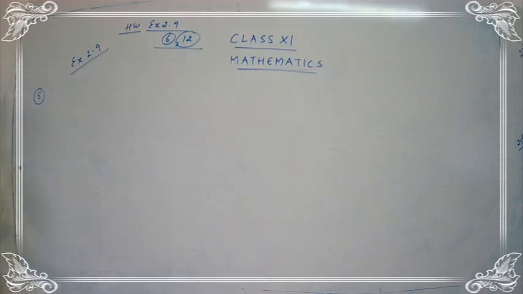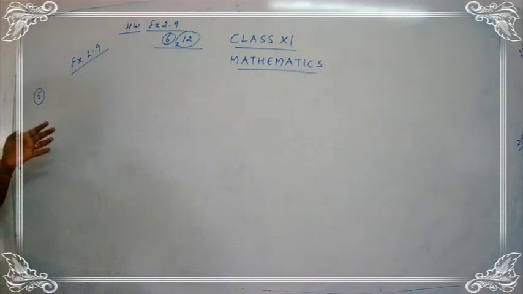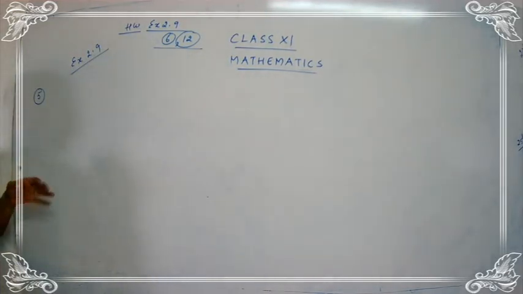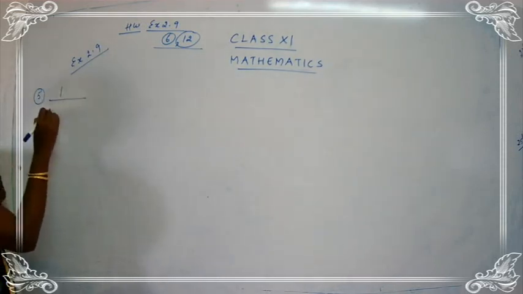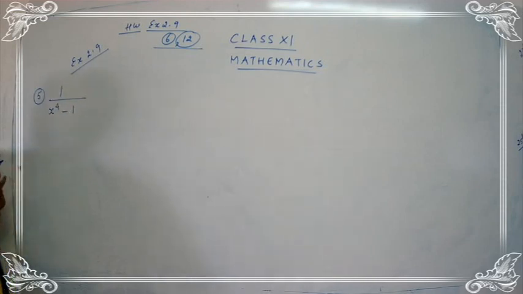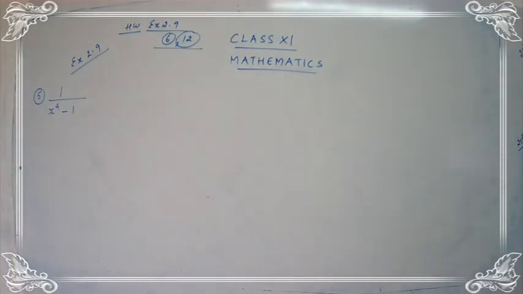Shall we continue with sum number 5? Sum number 5 is a lengthy sum. This is of the type of the third sum, where we used 4 unknown factors, children. So this sum number 5 also deals with 4 unknowns. Let us go slowly and understand the steps carefully. Take down the question: 1 upon x raised to 4 minus 1. So this is the question given to you.